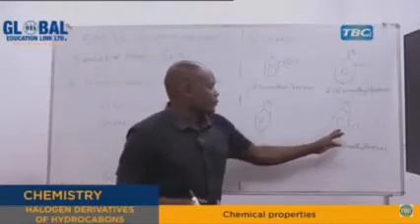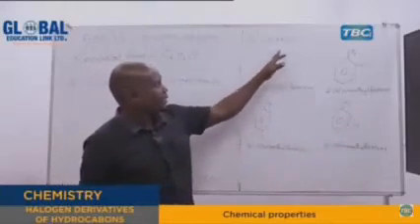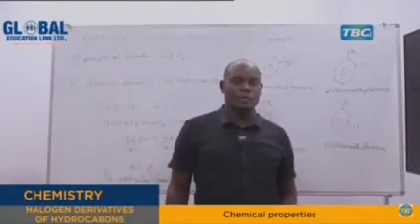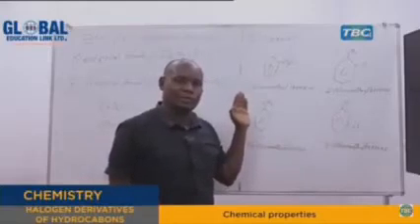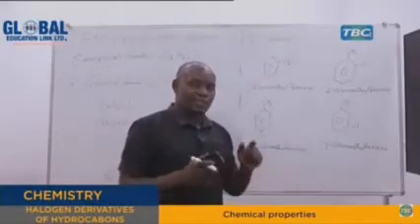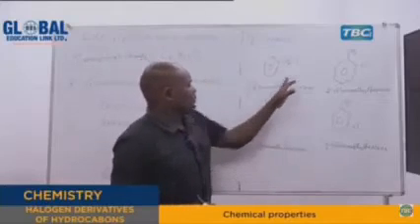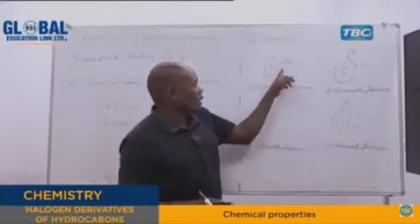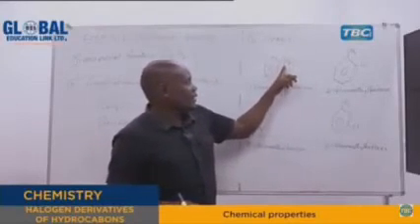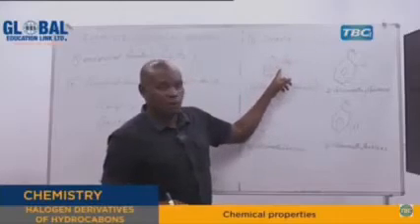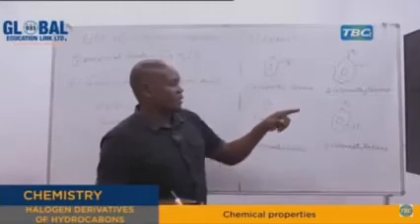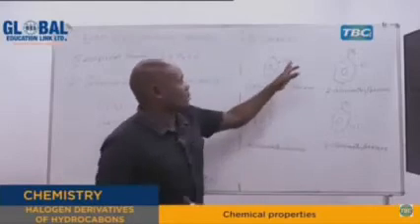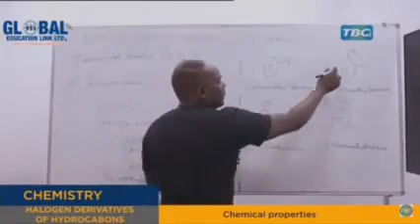So from the mentioned isomers, we have been asked which one will react with the potassium hydroxide. If you refer to our nucleophilic substitution reaction in halogen derivatives of hydrocarbon, this one is the one that can react with the aqueous potassium hydroxide. Why? Due to the presence of an alkyl halide in the molecule. So here is where the hydroxide ions that will be released by potassium hydroxide, which is our nucleophile, will substitute the halogen here. But in the remaining